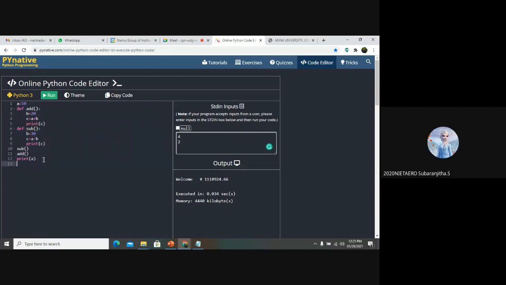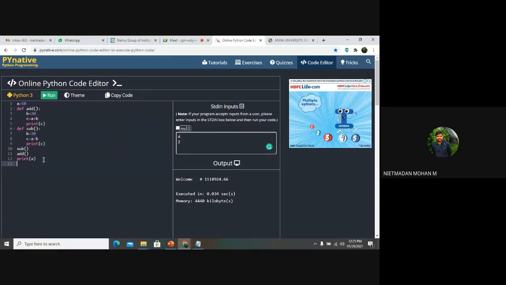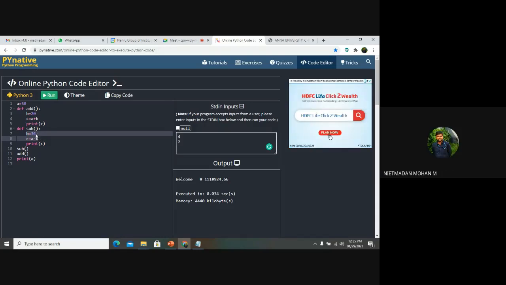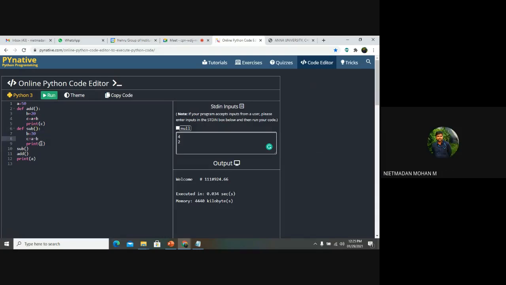Yes, sir, clear, sir. Yes, but in this program, whether I am passing any arguments here? No, sir. Yes, good. So I am not passing any argument. Simply I am calling the function here, right? Simply this function has been called in the 10th line, and it will search in the programming part and go to the sub function, and it will do this operation. Whether I am returning any return value in the sub function? No, sir. No, it means that I am getting a value, doing the calculation and printing the result in the sub function.